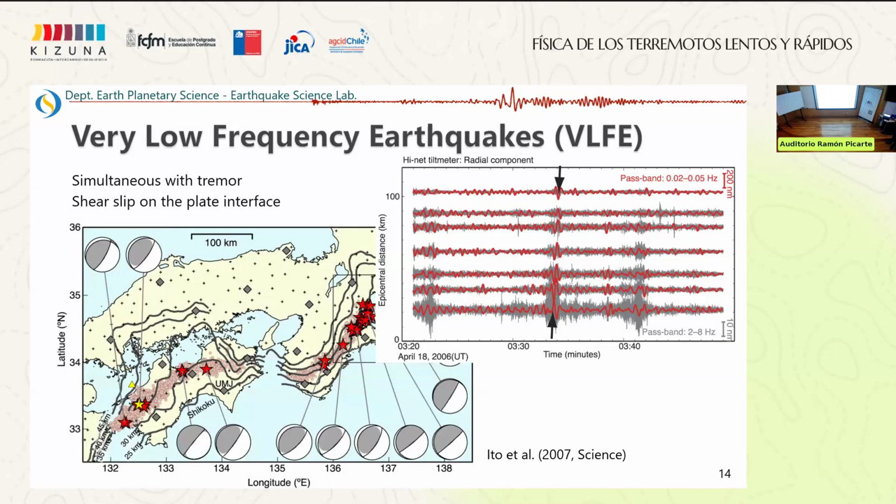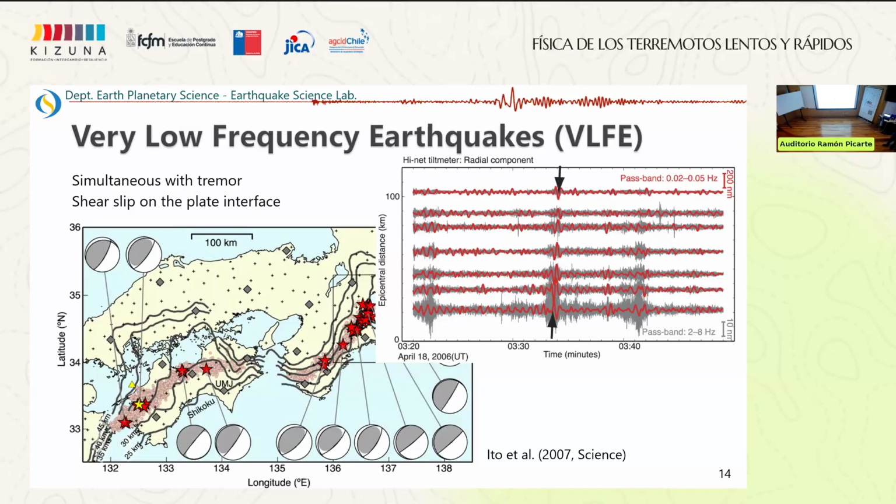an impulsive pulse, also shown in these red lines. And this impulsive pulse occurs at almost the same time as the tremor record. So tremor and this kind of impulsive pulse are simultaneously observed in many places, and we can determine the location and also the slip direction. All these observations suggest these are different observations of very similar phenomena. Always they are observed in almost the same place, at the same time.